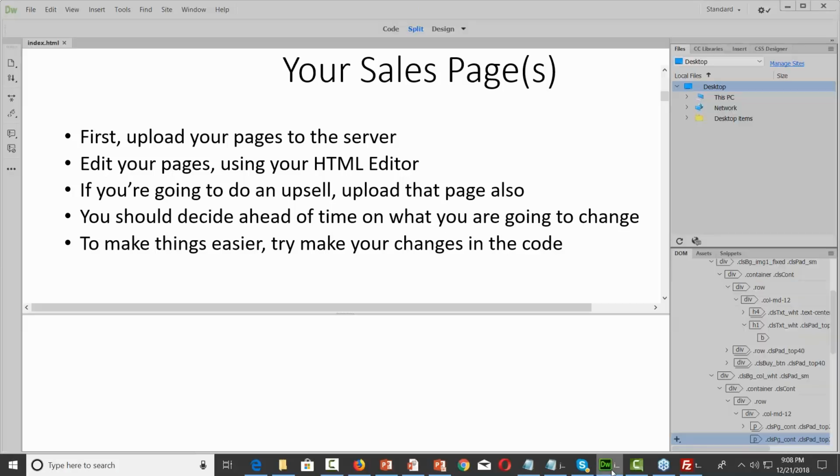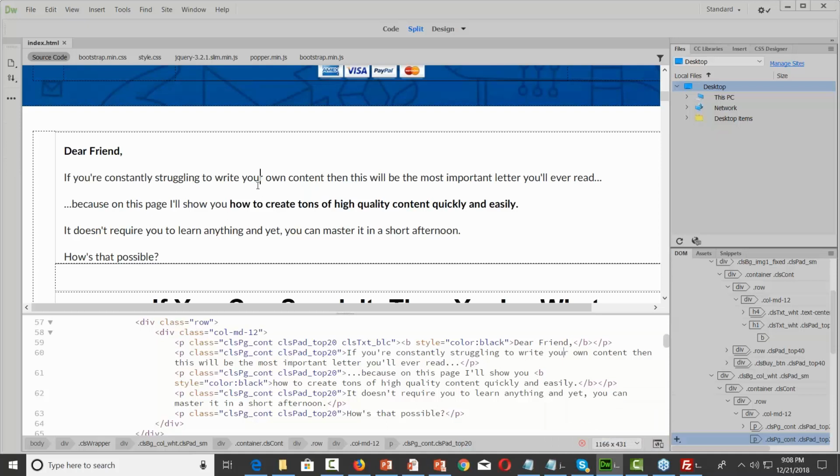Now, if I'm going to make changes to any of this content, I really don't want to start making changes in the WYSIWYG editor. I'd much rather make the changes inside of the code, because it's going to be easy for us to walk, or in other words, code over something. It's very easy to do that. For example, if I put my cursor here,